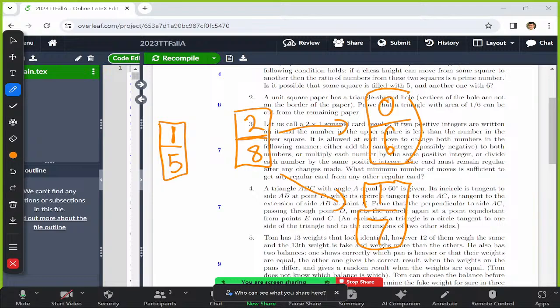Okay, so let me show you that it's impossible to get from 1-5 to 2-8 in less than 3 moves. So it can't be done in 2 moves. Does that make sense? Okay, so 1-5. To get from 1-5 anywhere, 1's already the lowest number, yeah? So you can't subtract. You can't divide either, yeah? So you have to times or you have to plus, yeah? Okay. So let's say if you times by 2, for example. If you times by 2,